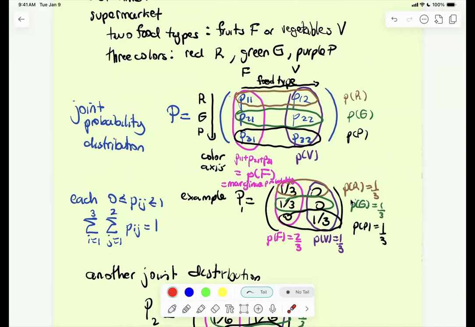Right, exactly. So it's redundant, and you don't really have five. It is more tricky than just saying that. In fact, the probability of fruit and the probability of vegetable add up to one, so they're not even independent. You know what I mean? There are a lot of redundancies.